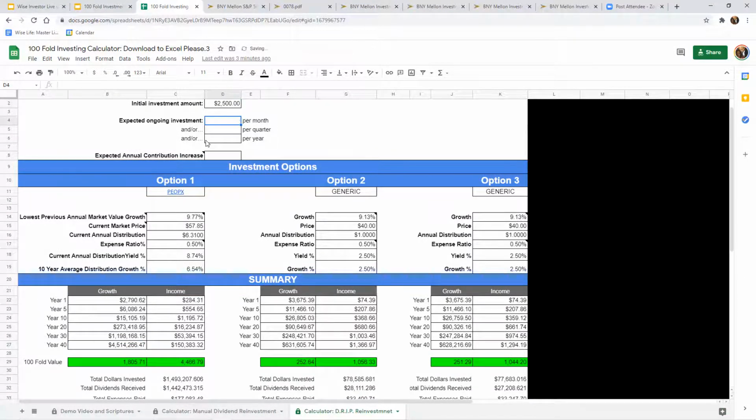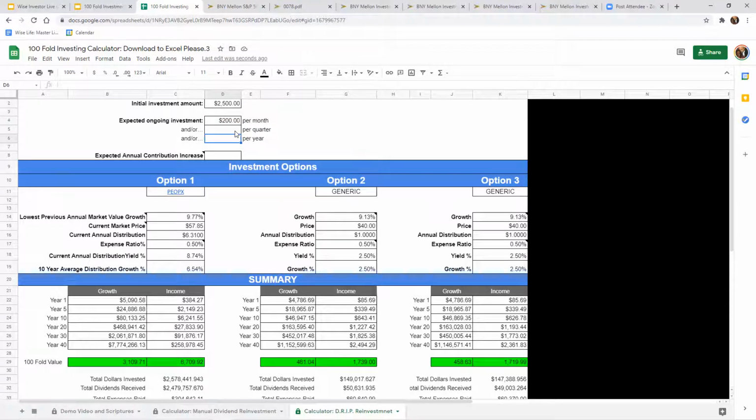Let's test and see if I never invested another penny in this. So if I did the one-time investment, in 40 years, you're a millionaire, and it's producing $41,000 in annual income. Not too shabby. If you add on $200, this is where you can test the calculator. Not too shabby. 30 years from there, you are a multi-millionaire. So somewhere between 20 years and 30 years, you became a millionaire at $200 a month, plus on top of the initial investment. Not too shabby.